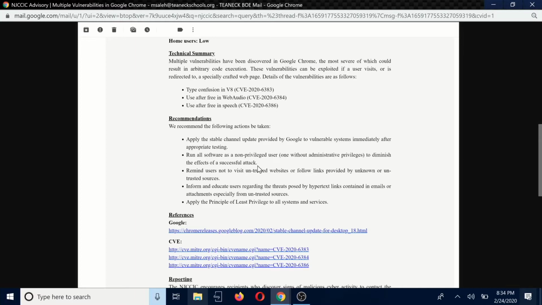The second point is run all software as a non-privileged user. Now, I don't know about you, but for me, nobody can install software unless they have a specific domain account with additional privileges, and then our local admin account is very restricted, and we've been trying to find a way to disable it, but that becomes difficult when you're part of a domain. How do you handle that?